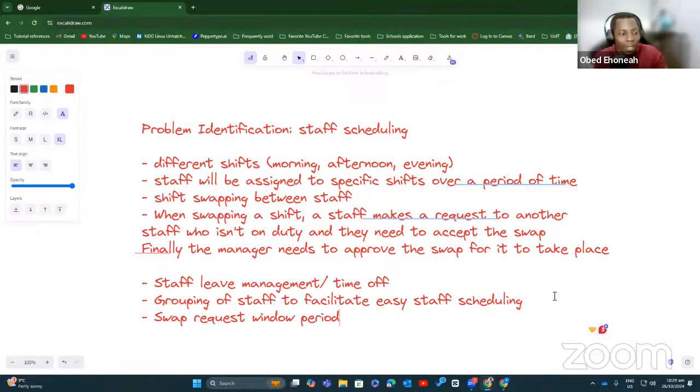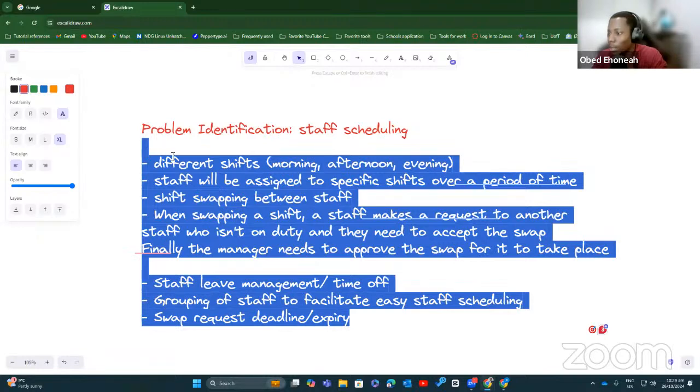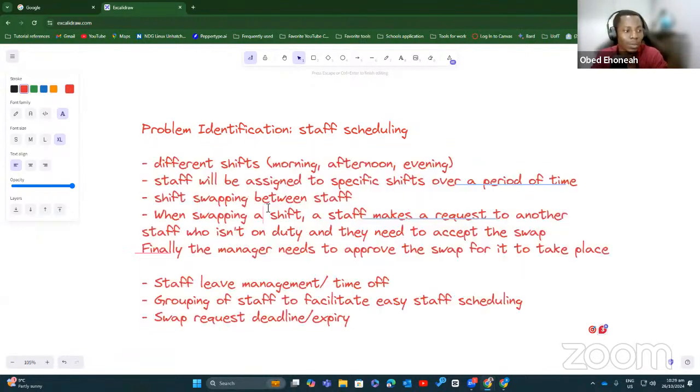That's how I'm understanding it, right? So that should be more of a deadline or expiry. Expiry, right? Jibril, I hope that's what you meant. Are we good to go? So we can get started with these ideas. All right, great, that's what you meant.